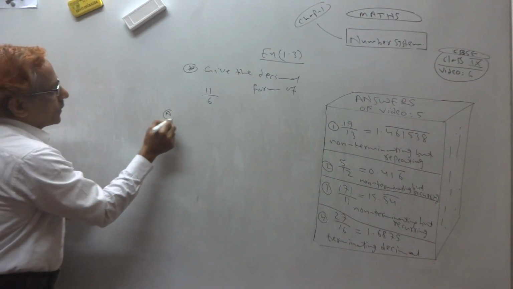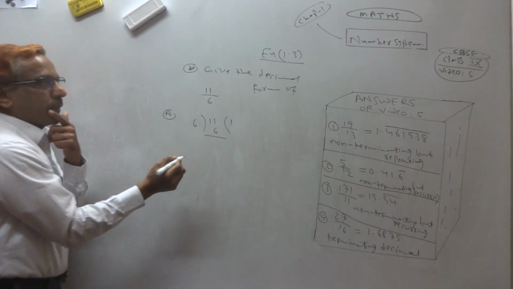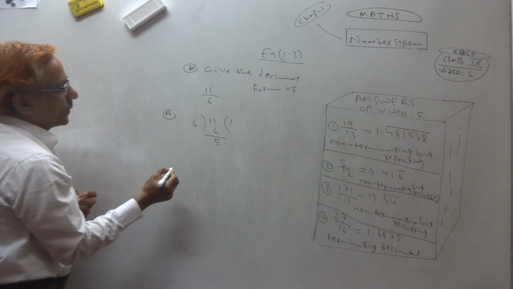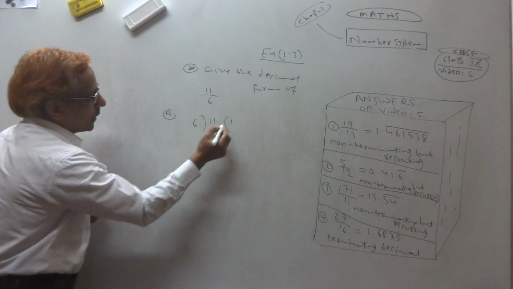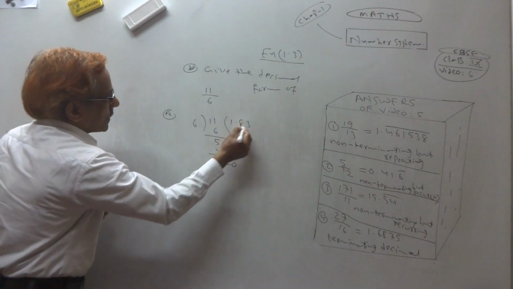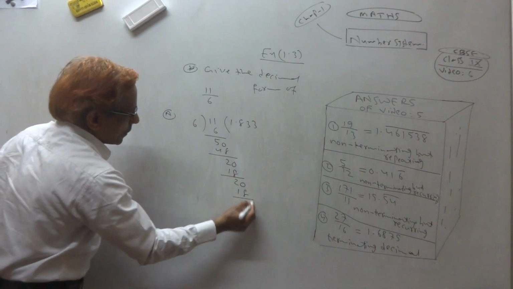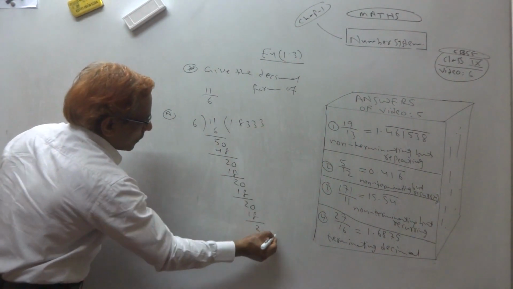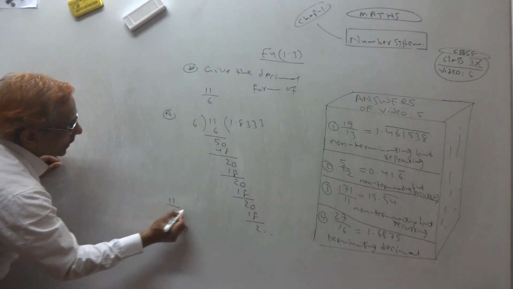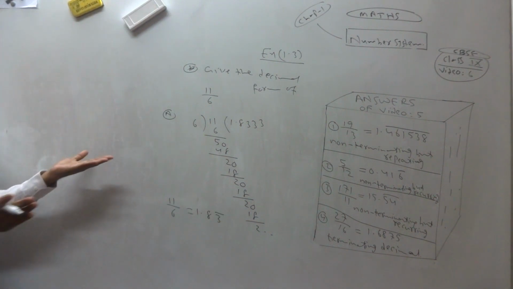Okay. So 11 divided by 6, 6 ones are 6. So what is the meaning of decimal form? You can see again, 6 ones are 6, 5 is a remainder. Decimal we take 0, 6 8s are 48, 2 left, 0, 6 3s are 18, 2 left, 0, 6 3s are 18, 2 left. So it will be continued, you know this. So this is one type. 11 by 6 is what? 1.83 bar. How we write the answer?